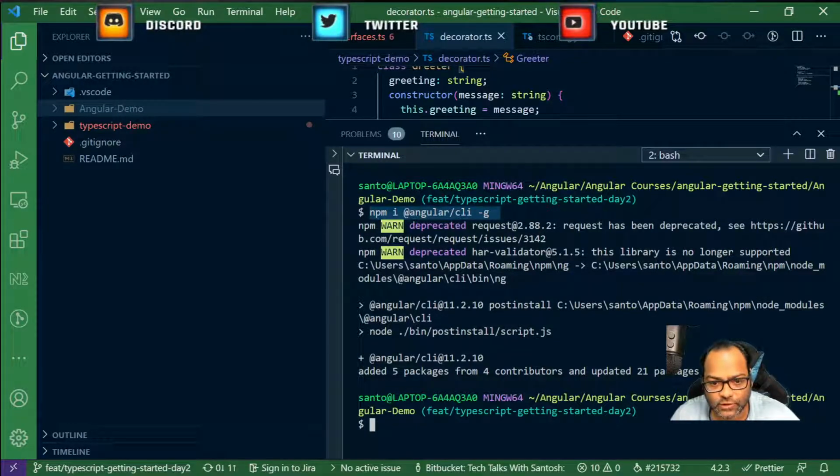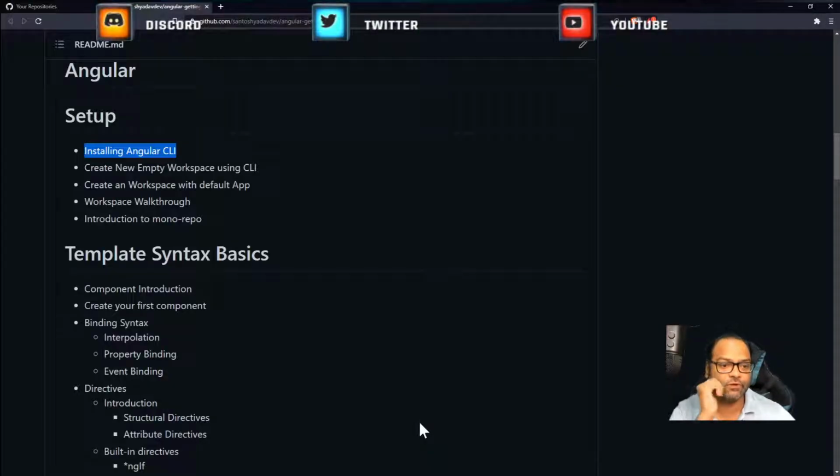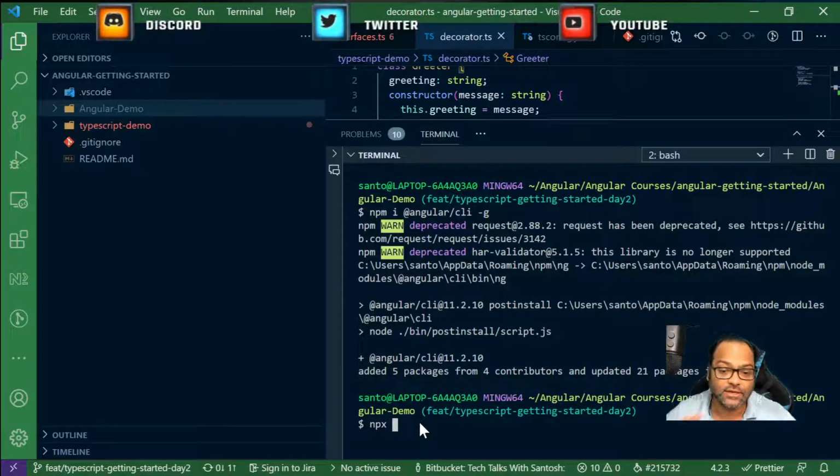So we can test it. I'm not going to use npm, because npm is going to install it globally, and I don't want to touch the global cache. I can use npx instead. npx will not write anything to the cache, it will just use it locally. There are a few more things we have to pass. In case you don't have CLI installed, go ahead and run this, because this is what you are going to use in future.